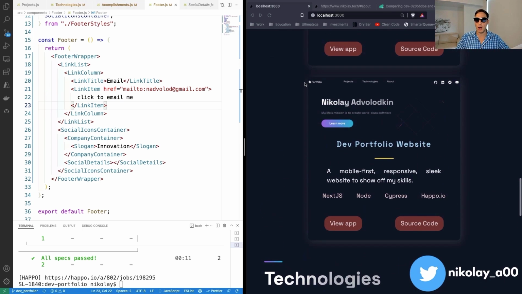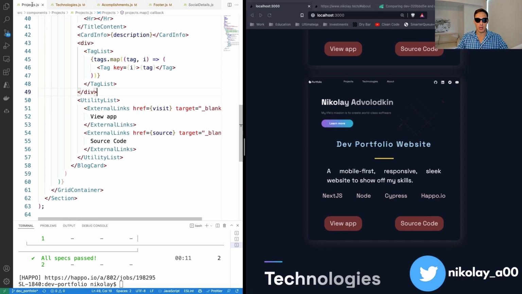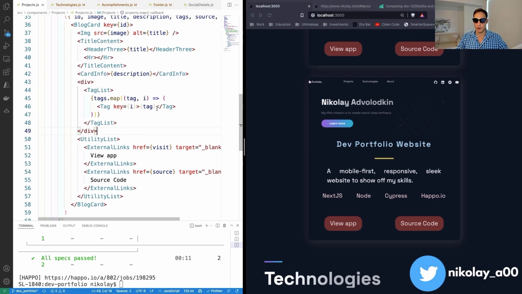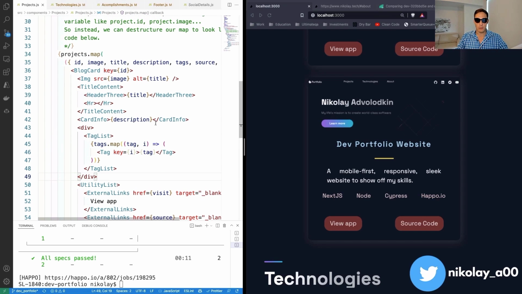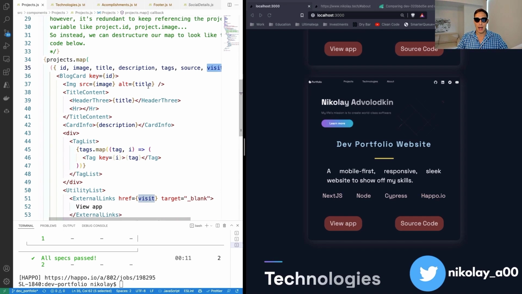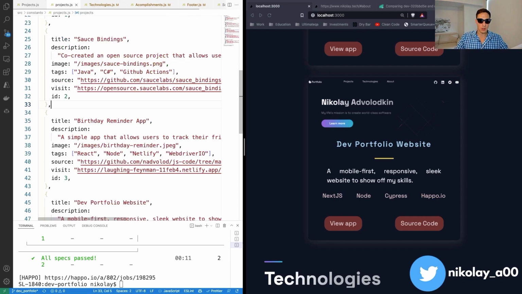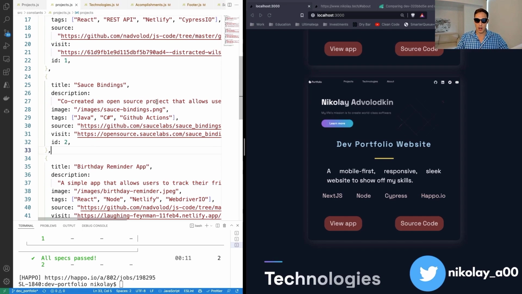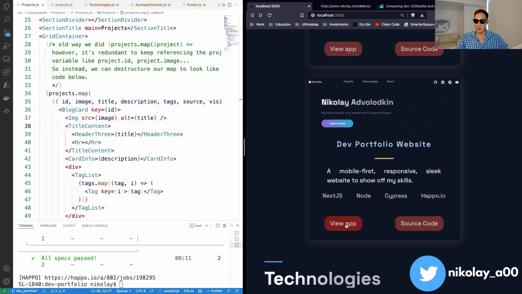Now, I do have one interesting question for you in terms of a testing challenge. How do we ensure that these project links are correct here? So, right, the View app, if we take a look at the projects, they're iterating over two arrays, one of which gets us the source and the visit from our projects file. Here are all of our projects, right? How do we ensure that this URL and this URL and so on and so forth are correct